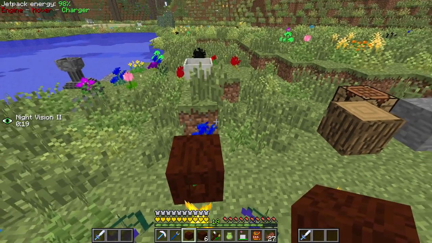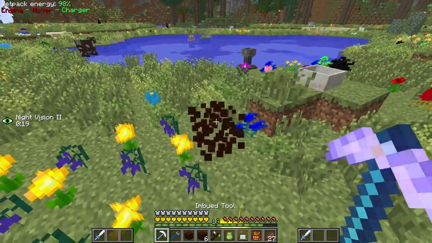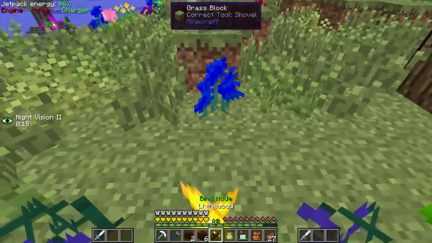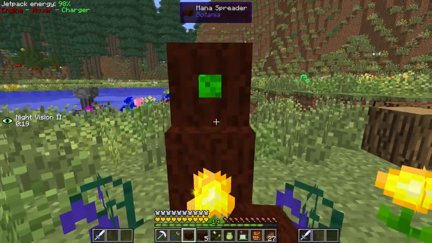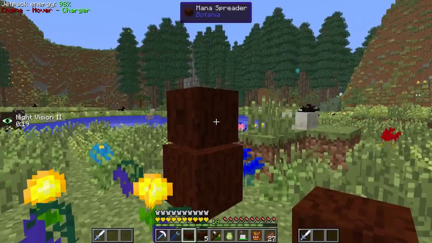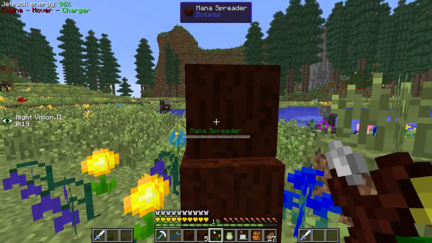Put it right here. Oh, that was a mana spreader that I set down. I like to have it up one. I don't know if that matters. I don't think it does. But I like to have nothing getting in the way of it, because some things do matter for line of sight. So anyway, if we click on this now,